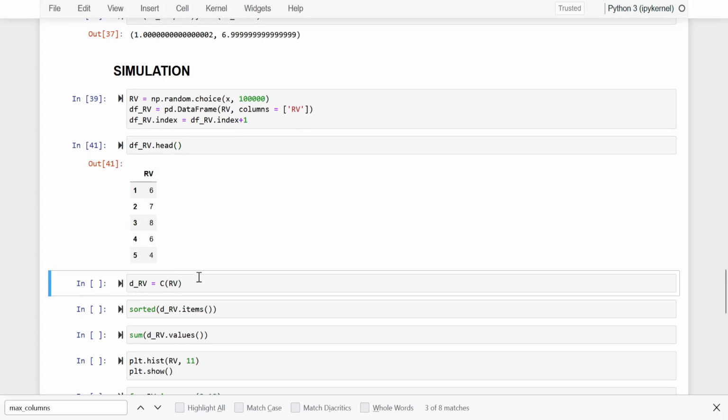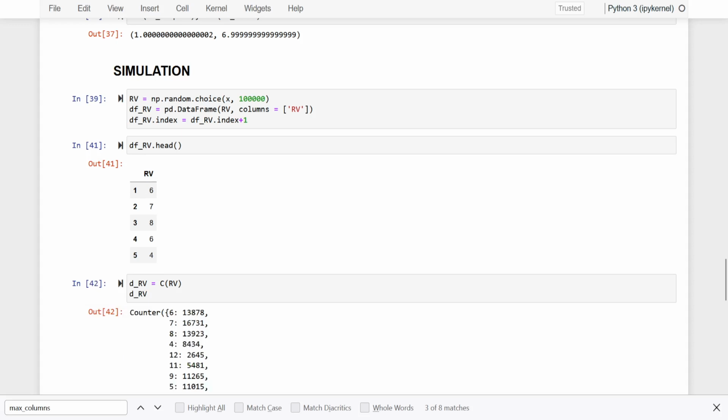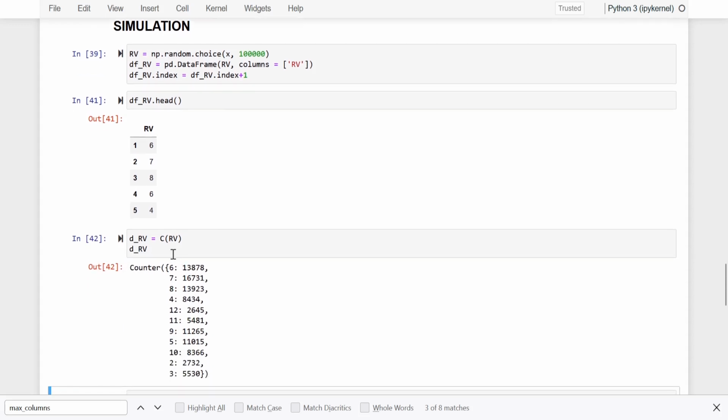Now we are creating a dictionary for all these variables. Look what is going to happen here. If I say RV, see what is happening? We are creating a dictionary and saving this variable. So the 6 got selected 13,878 times, and these are all